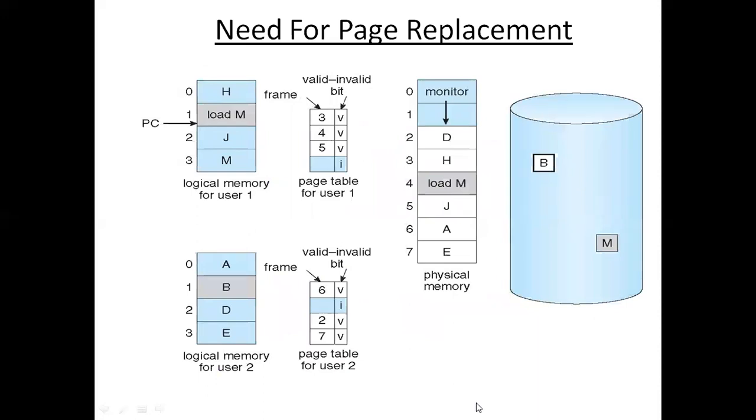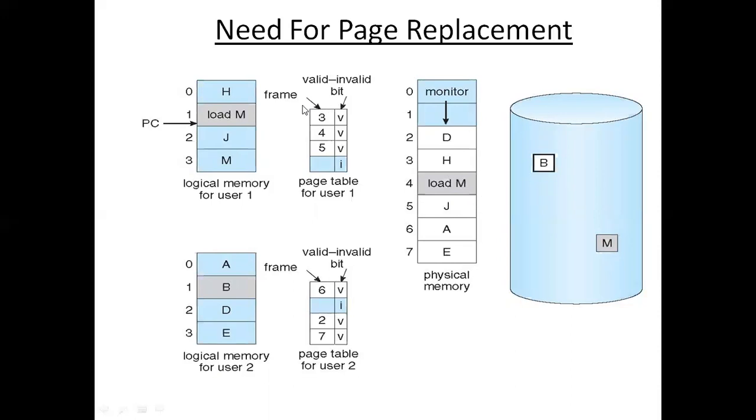As we have discussed previously, with the help of a diagram you understand it better. Now you see there is one process with 4 pages, another process with 4 pages. This is how the logical memory would look for one user and the second user. Now you have a physical memory of 8 frames, but 2 frames are used for OS related, hardware related or driver related software. So the remaining are only 6 frames.